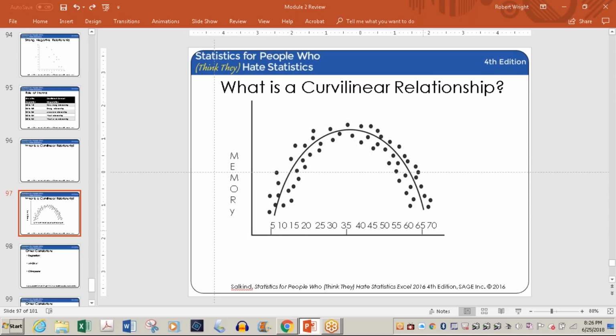In this case, they're increasing to the middle. Do they ever start high and decrease to the middle and then increase again? That could happen, but then it wouldn't be a curvilinear relationship. It would be a negative relationship, if you start high and then work your way down. If you work your way down and then back up again, though, I suppose you could, sure.